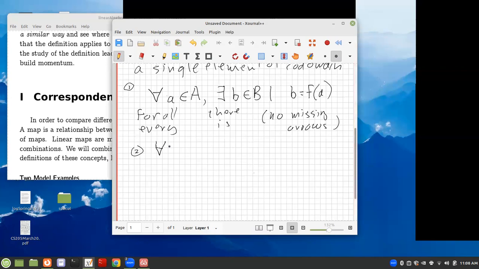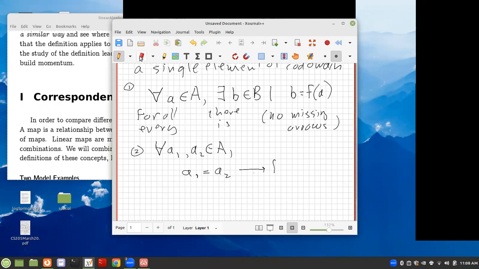Let's do it the other way around. For every element A, you choose two elements of the domain, A1 and A2, members of A. So you've randomly chosen two here. Now, if A1 is equal to A2, you could have two people choose, and they might have chosen the same element or different elements. And if they happen to choose the same element, then it has to be that